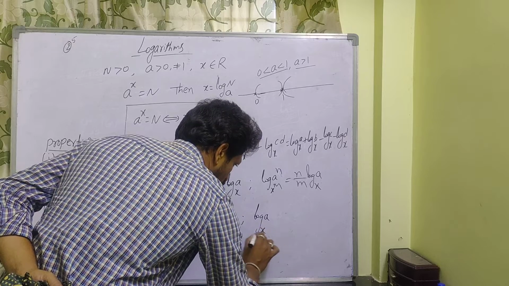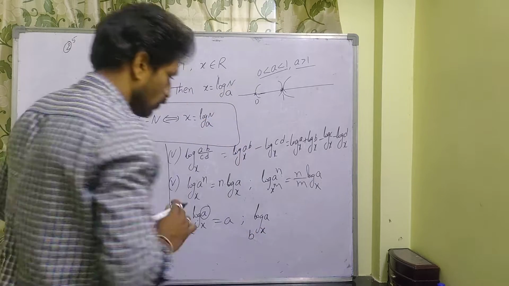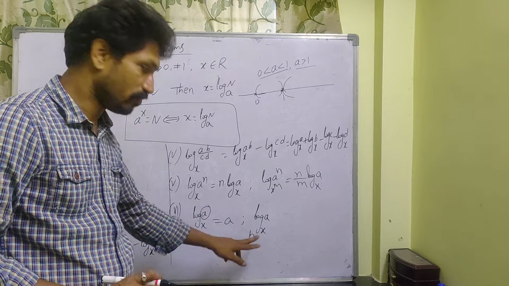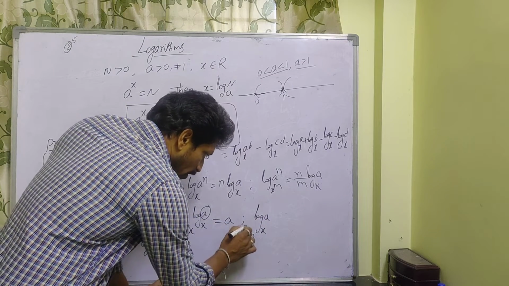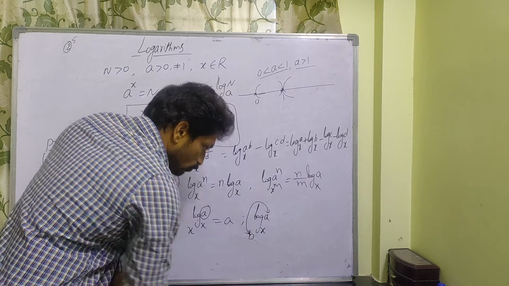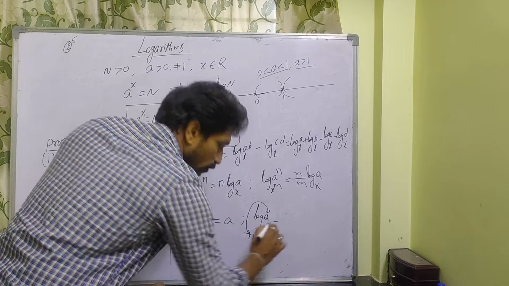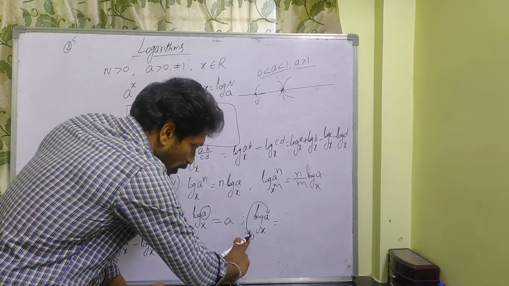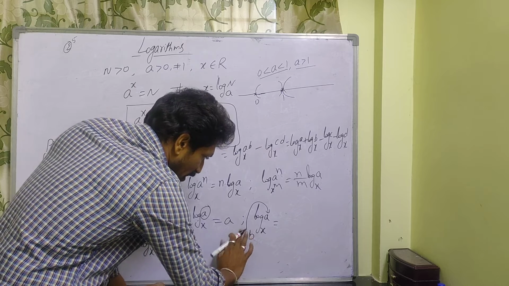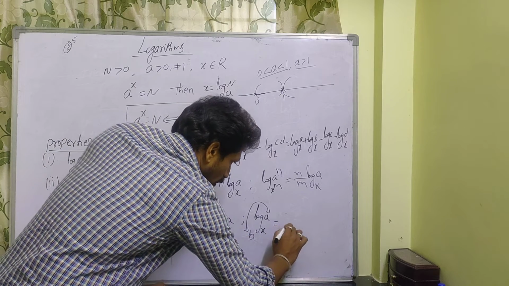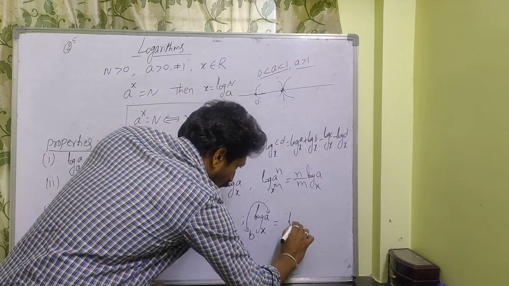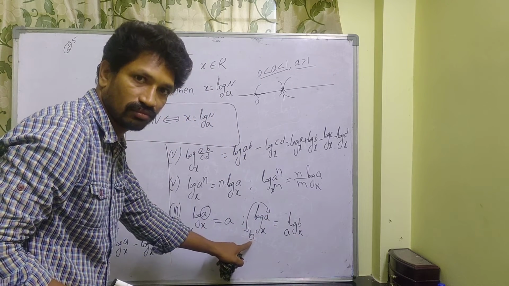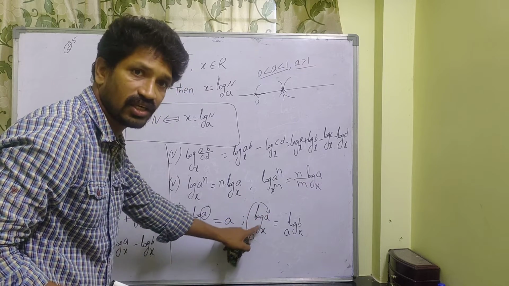a to the base x. Here b power log a to the base x is there. So you can rewrite, you can interchange these two. So this one you can rewrite if you want to, for our convenience. So b power log a to the base x is there. This one you can write as a power log b to the base x. We can interchange these two. Okay, you can interchange these two.